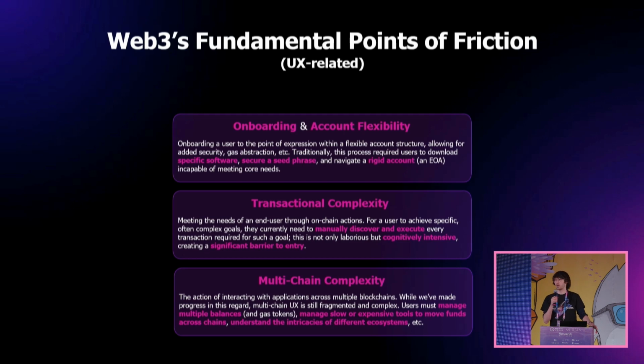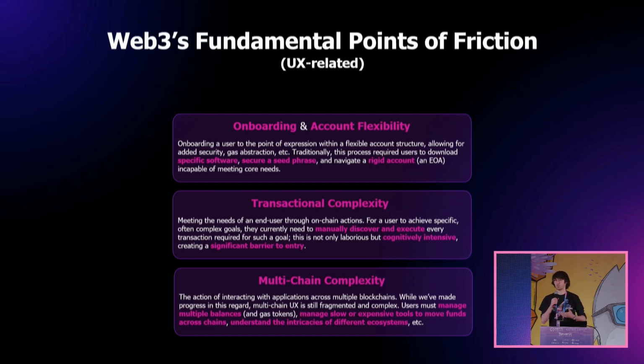For the third issue, which I'll talk about for a good chunk of this, is multi-chain complexity. Some of you might have heard as of recently this term of chain abstraction. This is what that would aim to solve. Multi-chain complexity within Web3 as a whole is, again, a major barrier to entry. If I want to go from chain A to chain B, sometimes I'll use different bridges or there are non-uniform standards, et cetera. It's quite difficult to interact across chains, and again, it isn't uniform. So for the end user, it's quite difficult and complicated.